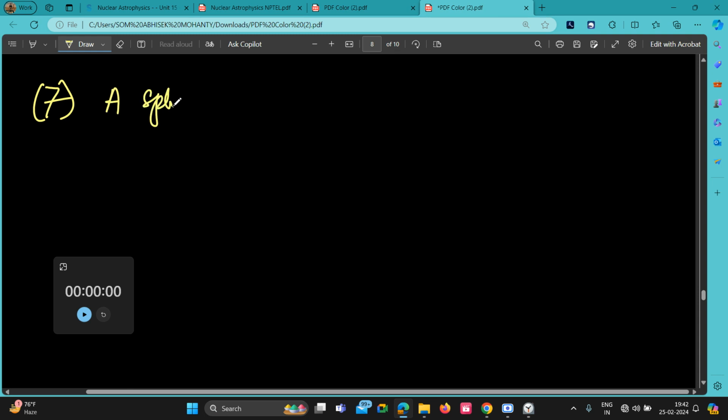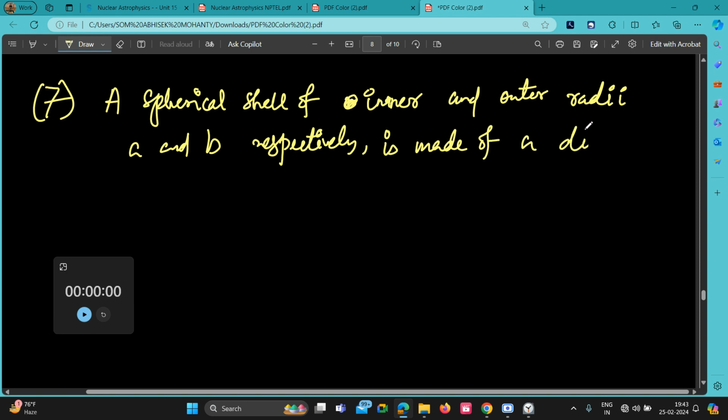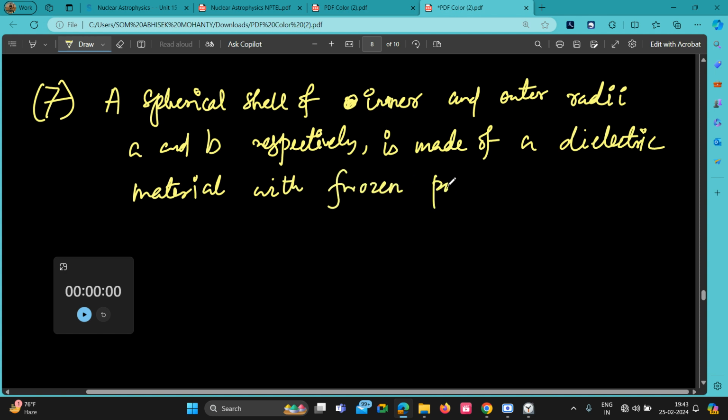A spherical cell of inner and outer radii A and B respectively is made of a dielectric material with frozen polarization P(r) equal to k by r r-cap, where k is a constant